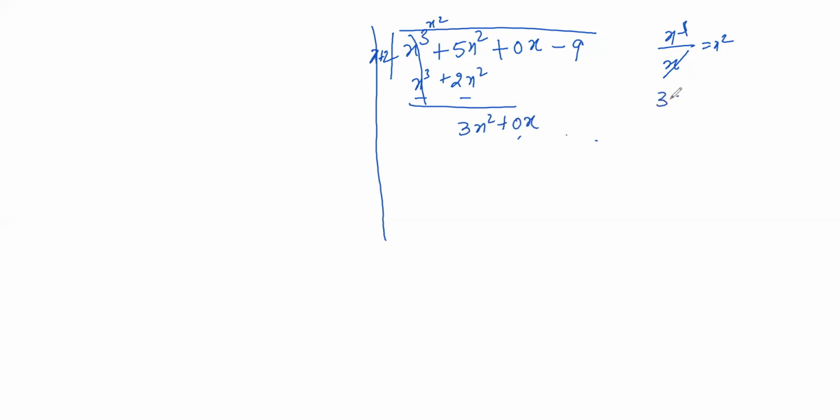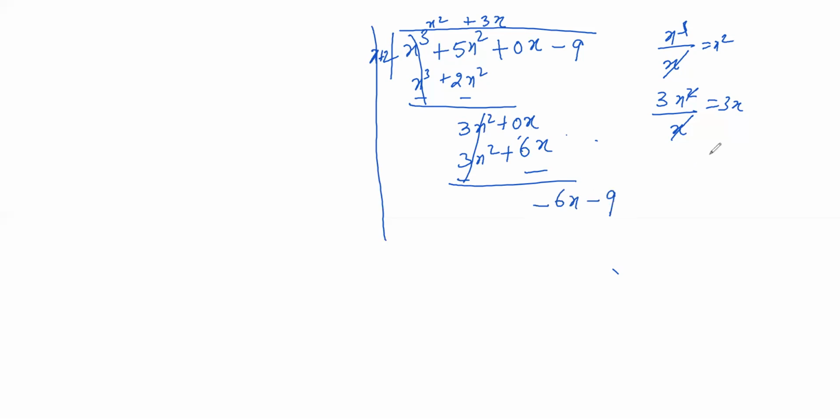Here the first term is 3x squared, and in the dividend the first term is x, so x cancels and we get 3x, so here plus 3x. Now 3x into x plus 2. First, 3x into x is 3x squared, plus 3x into 2, which is 6x. So minus, getting cancelled, minus 6x. Get down the next term, minus 9.